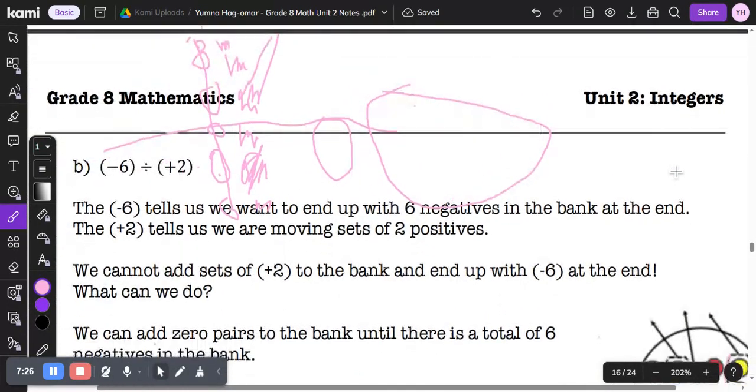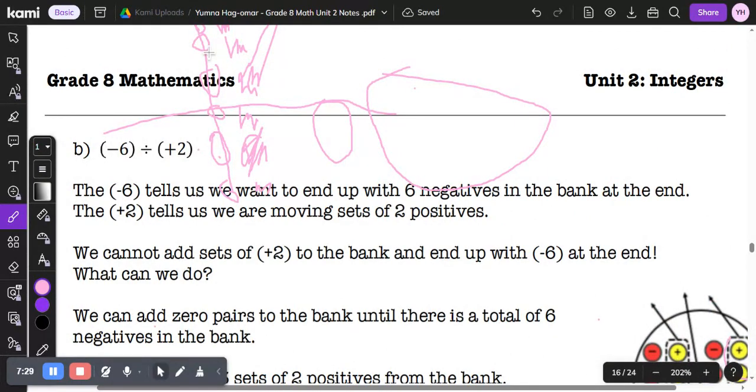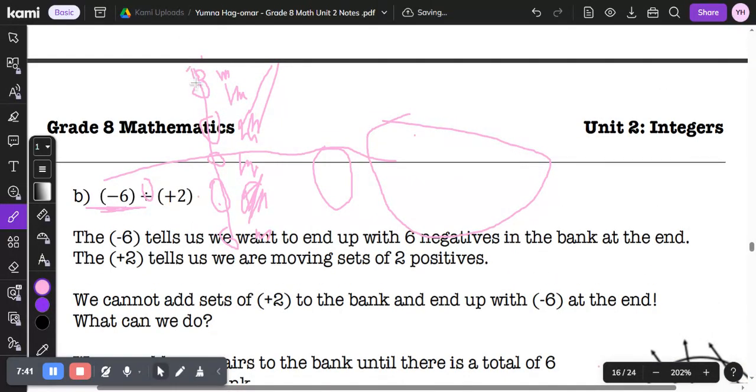Anyways, so because we took all the positive numbers away, if you don't understand, the amount in the bank is minus 6, right? This is division. If we have to get rid of the positive integers and the 0 pairs, so we can have a total of minus 6. And basically, if there's plus 2 in each bank, but we made it a 0 pair instead,